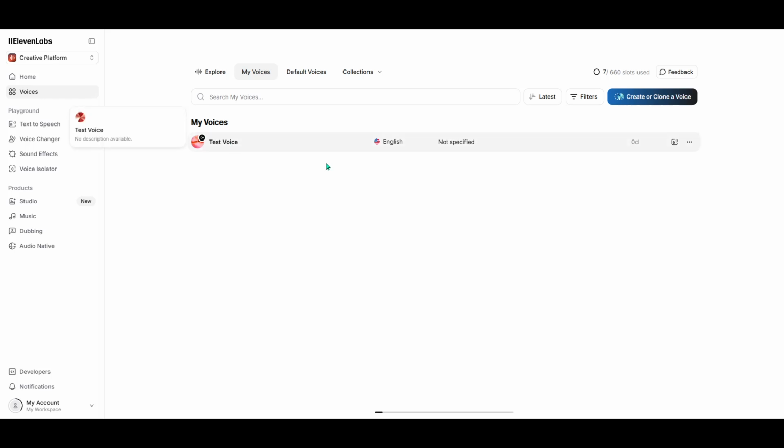After uploading or recording, you can continue with the setup process. ElevenLabs makes this user-friendly, guiding you through each step to ensure everything is set correctly. Be sure to follow any prompts or instructions they provide, as these are crucial for the successful cloning of your voice. Once the voice has been cloned successfully, you'll receive a confirmation, and you'll see it listed under the My